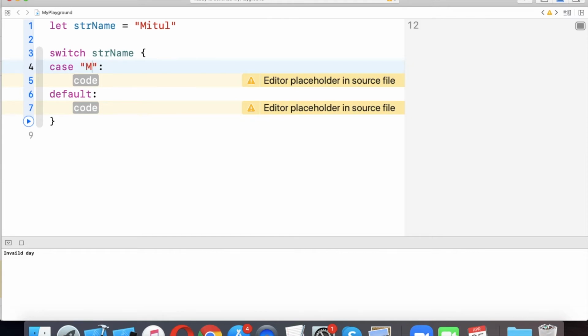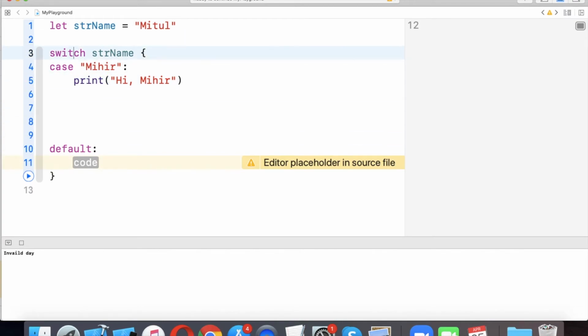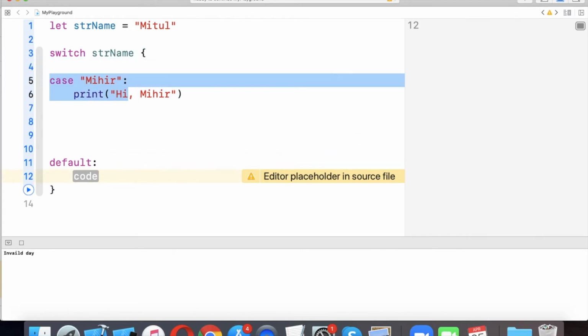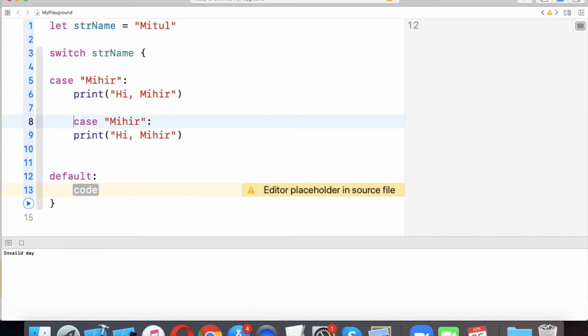If I write here Mihir, then print hi Mihir. Then we take another case, Tanvi, print hi Tanvi.